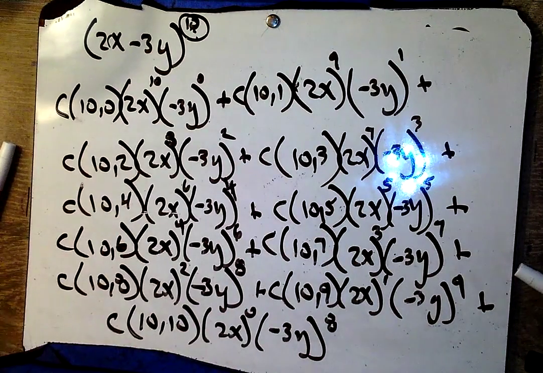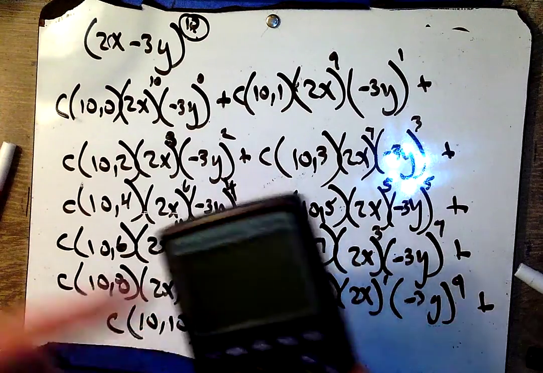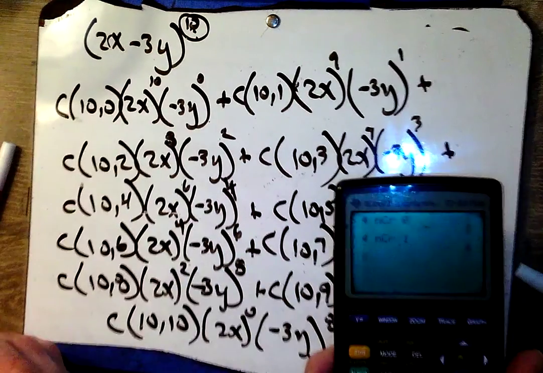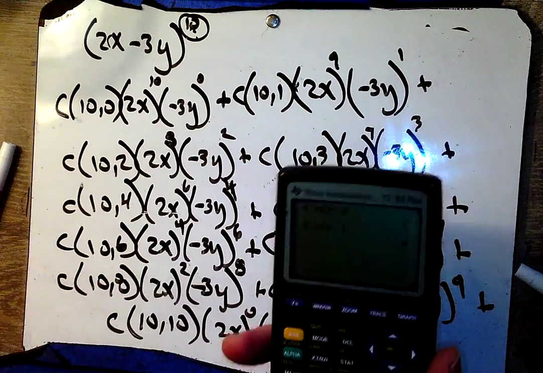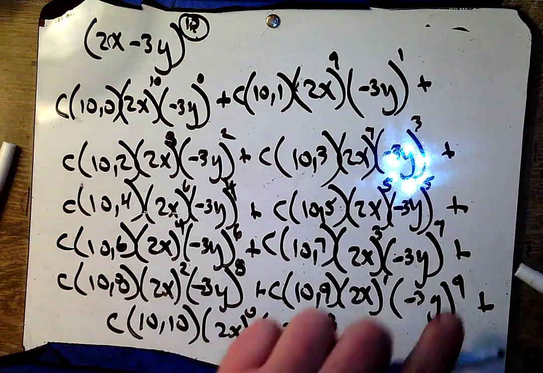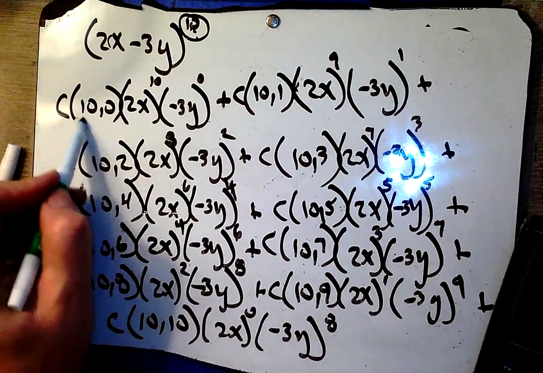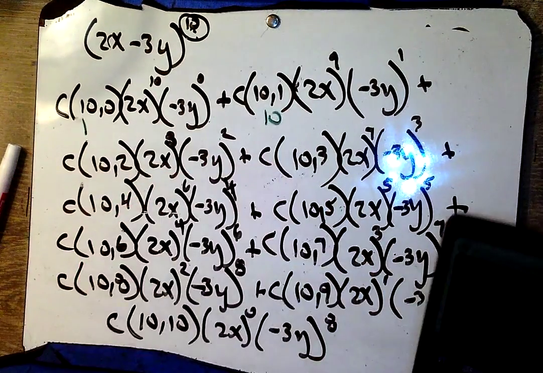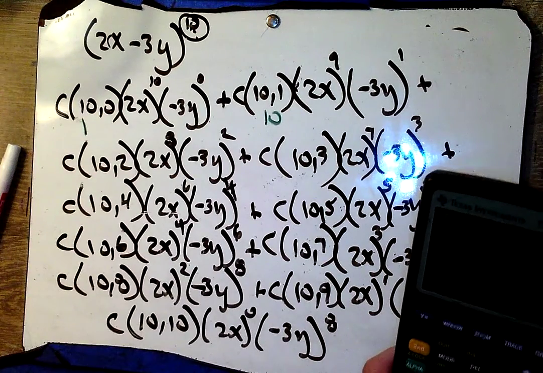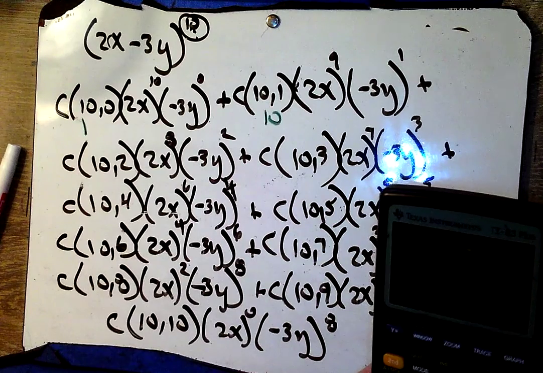And I'm doing the combinations with my calculator instead of having to write out Pascal's triangle to all those rows. Yeah, so let's take a look. This is, in fact, let's just take care of the combinations. This is 1, this is 10 here. So I've got 10 combination